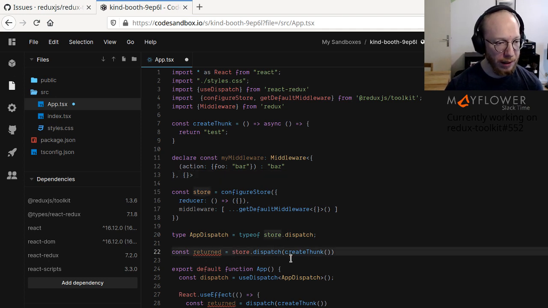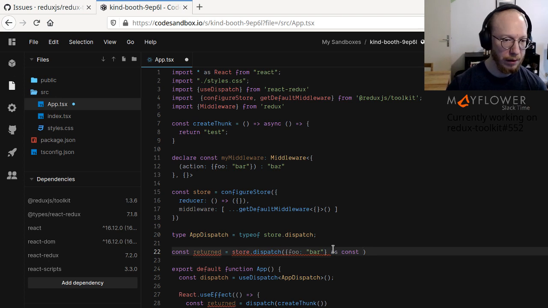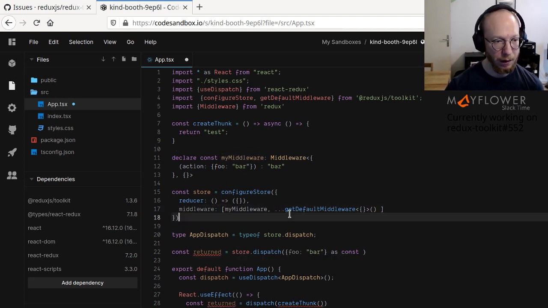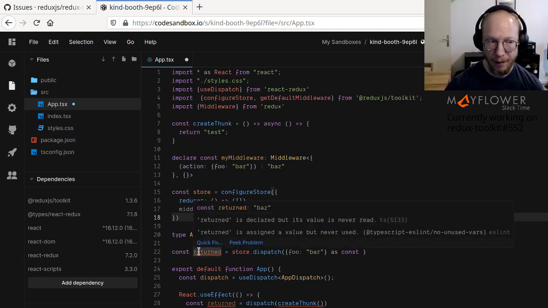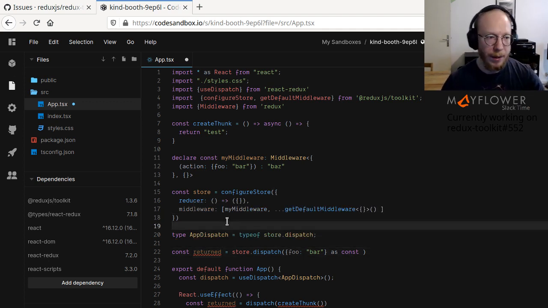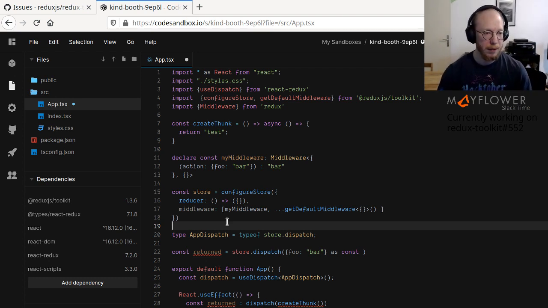So if we went ahead and would say we dispatch with a store dispatch something like foo bar as const, then as soon as, right now it's an error, as soon as we actually use this middleware, it works, it is accepted, and it returns as we declared bas. So all of this is already in. But here is where users get a lot of problems and a lot of errors,